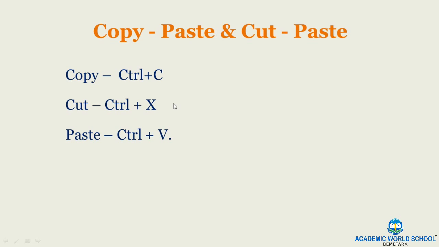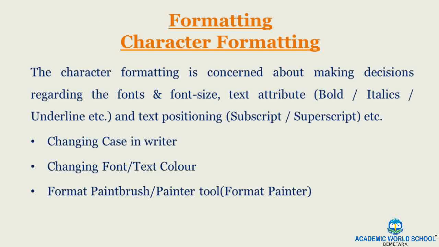Suppose you want to change the font type, the font face, to Monotype Corsiva, and the font size you had taken, 12, you now want to make 14, and the font color was black, and now you want red. So what you are doing ultimately is making changes in the appearance of the text, and that is called formatting. There are different types of formatting.